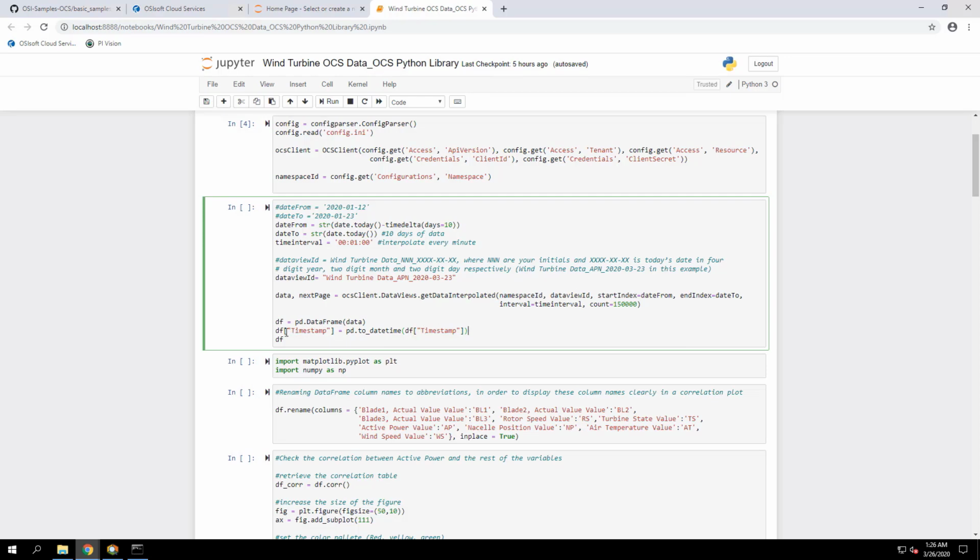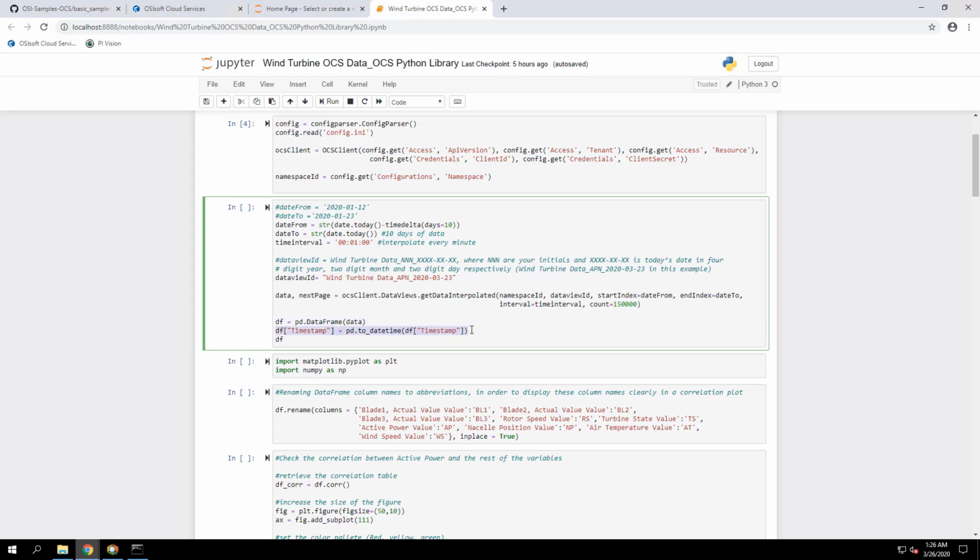After we get the data, that data is stored in this variable called data. And then what we're going to do is convert that to a data frame. So we're going to use pd.DataFrame(data) just to convert that data into a data frame.